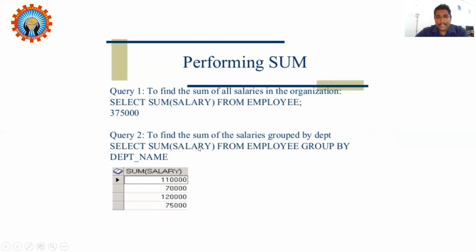Select sum of salary from employee is the common syntax, but with the additional keyword GROUP BY department name, it groups the data based on department name. Here you are summarizing salary based on department.